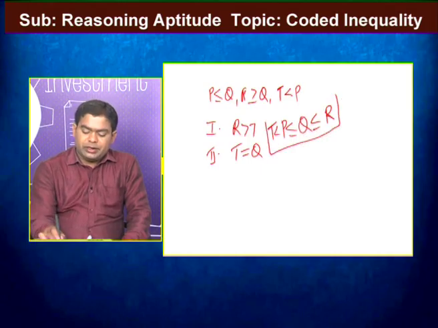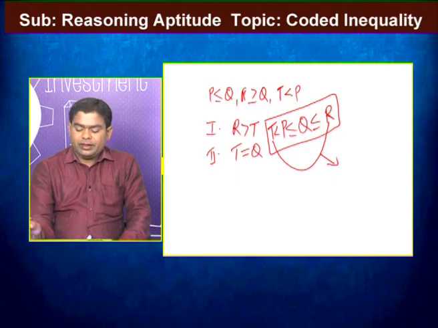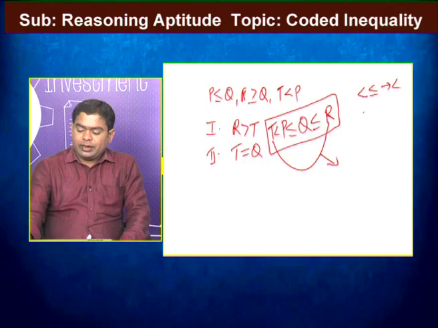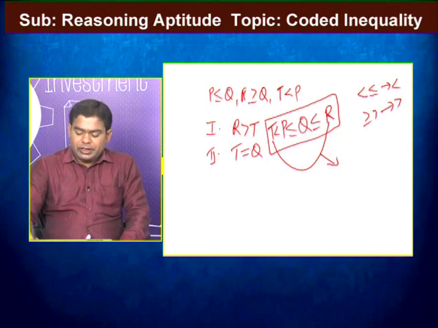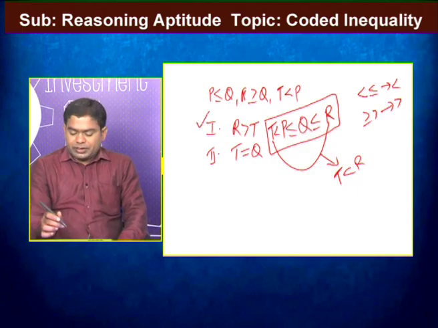In this combined statement, we verify the relation between R and T. Here T is there, here R is there. That means arrows are in the same direction, that means the same inequality is there. That one is less than or equal to. In any combined statement, if less than or equal to is there, only less than exists. If greater than or equal to, greater than is there, only greater than exists. In the same way, here also less than or equal to is there. That means only less than exists. That one is T less than R, which is nothing but R greater than T. So the first one follows.